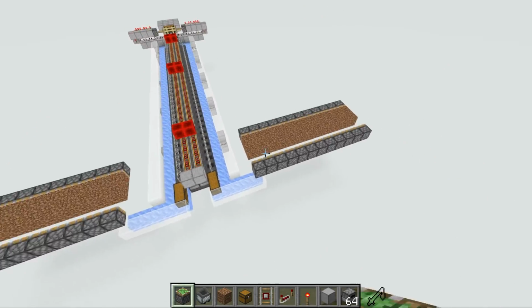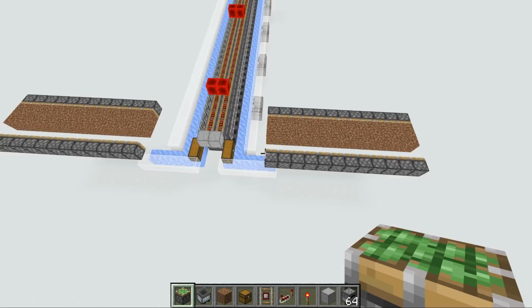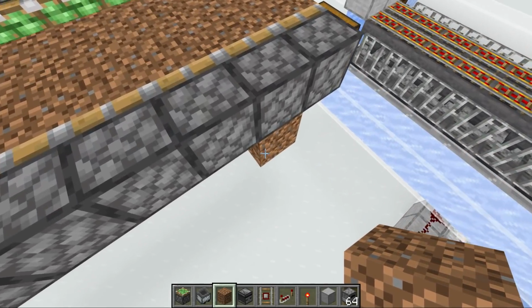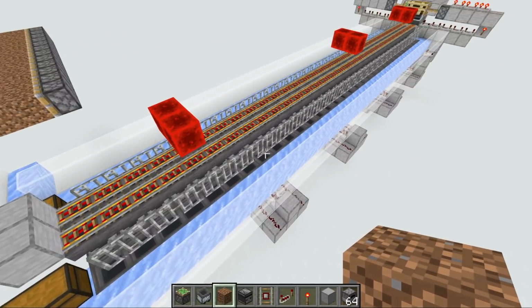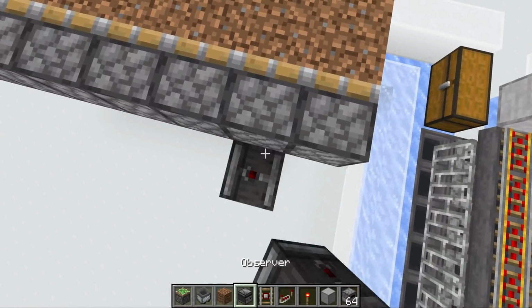Again, make sure to make both sides at the same time. It's just so much easier. Next, we're gonna need to place down some observers. So come down 1 block from the second piston facing the machine, and then place down an observer facing upwards